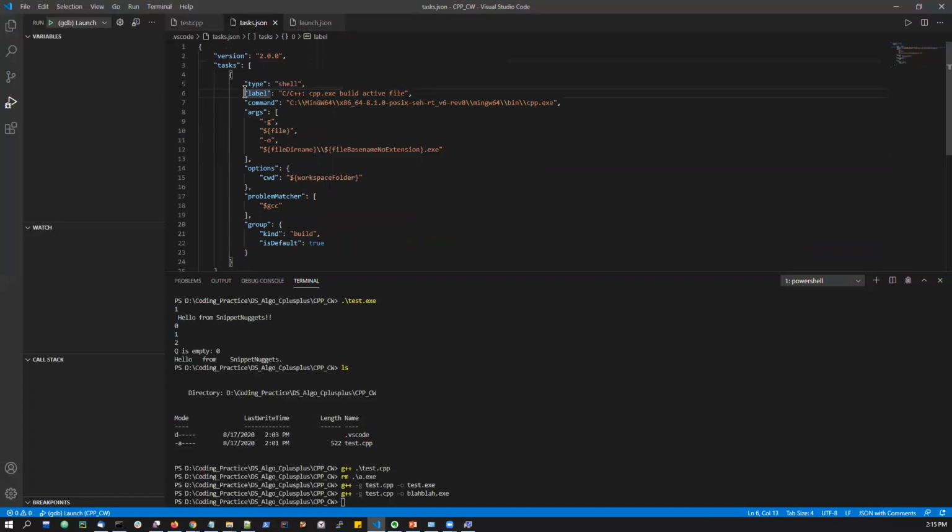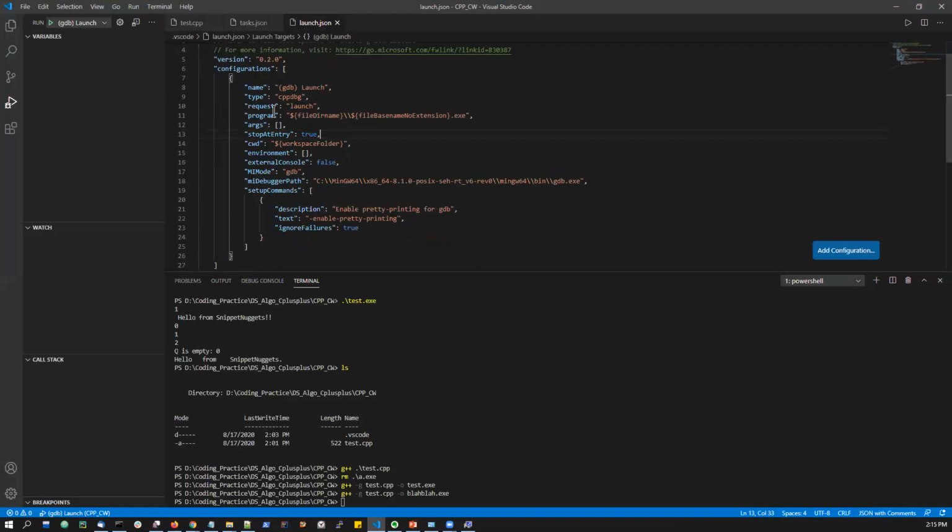Okay, what is the label? C++ CPP program build active file. Okay, so with this setup, these three things: program, stop at entry, and this debugger path. After these three settings, if I feel that everything is set up correctly,